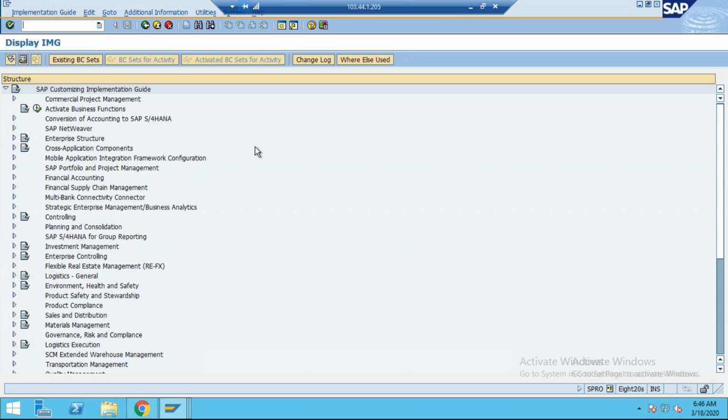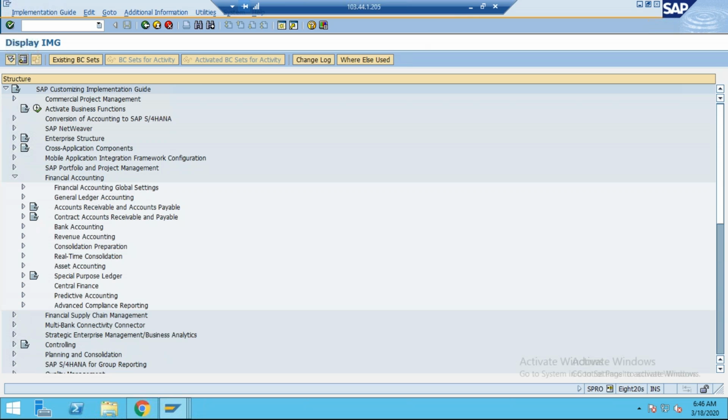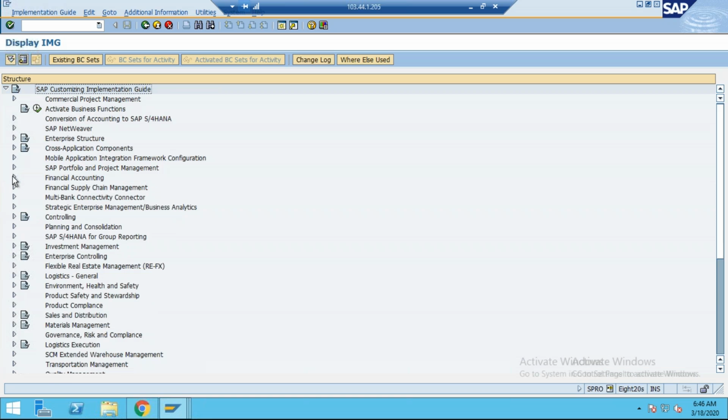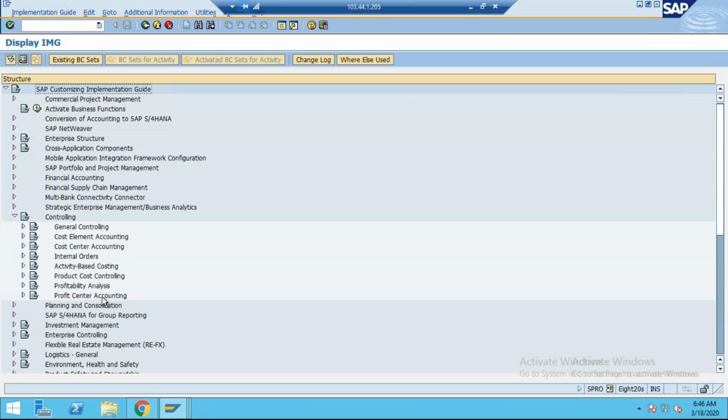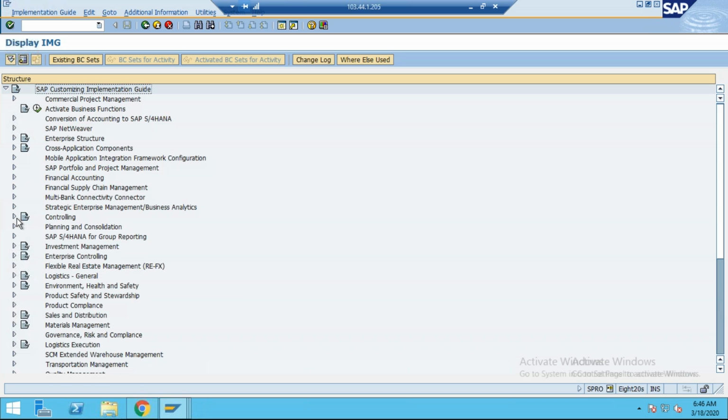But if it is a new implementation, then you are going to work from here. So the normal one, financial accounting, all your sub modules, GL, AR, AP, like that. Then from the controlling point of view, you are going to work. But when we are going for migration, we will not work from this area, because we already have a lot of configurations in our existing system. So if it is a greenfield new implementation, then as usual you are going to work from here. But if it is migration, then we are going to work from